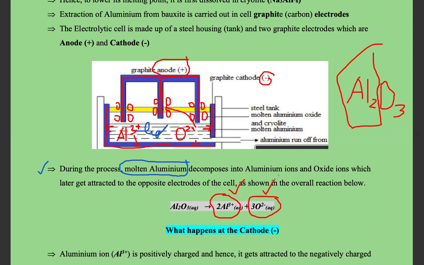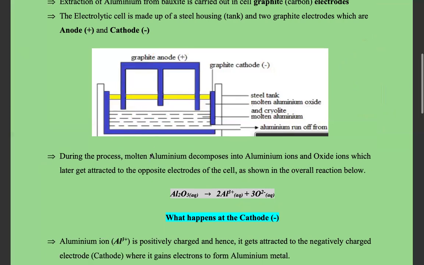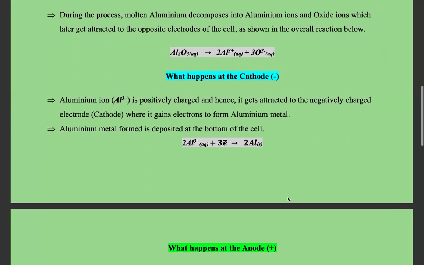Then, from here, now what we're gonna do is see what really happens at each electrode. Remember, the positive terminal is the anode, the negative terminal is the cathode. What happens on those electrodes? Down here, we are saying what really happens at the cathode, which is a negatively charged